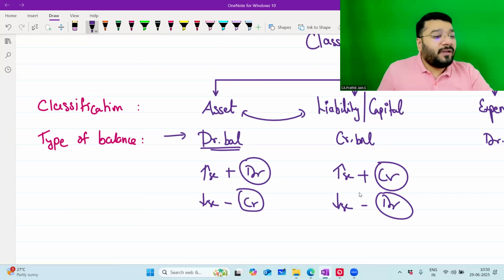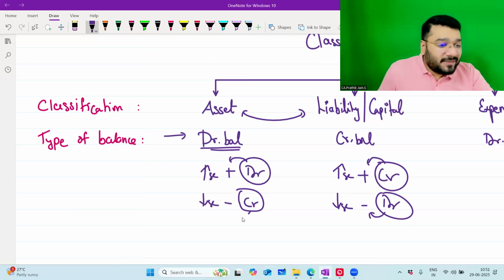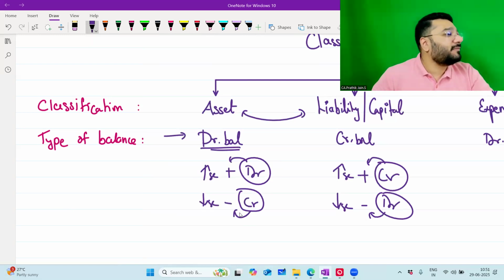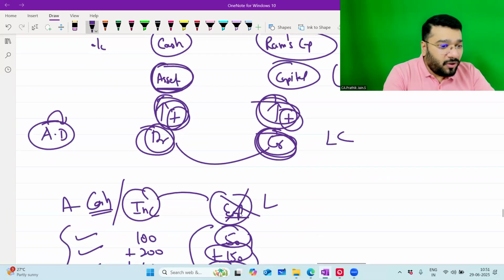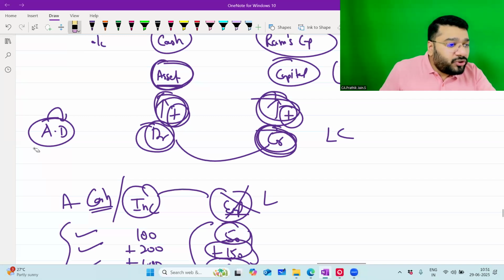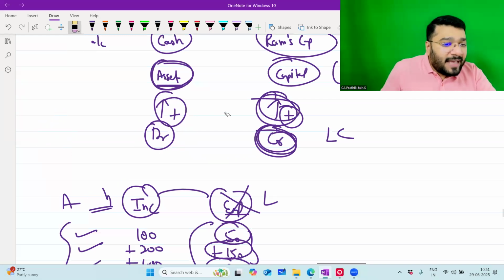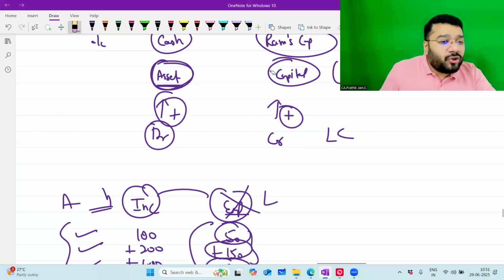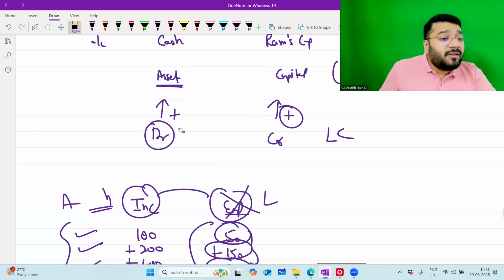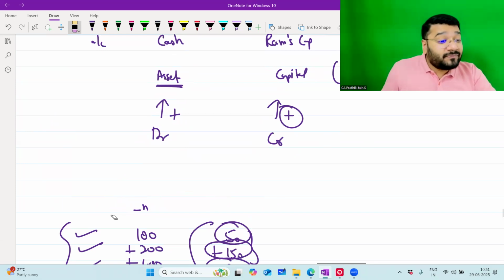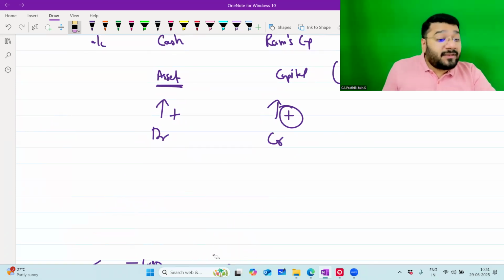I told you, debit and credit is nothing but plus and minus. Debit will act as sometimes plus, sometimes minus. Credit will act as sometimes plus, sometimes minus. So now we had come to a conclusion that the cash account you will debit, the capital account you will credit. Yes or no? This debit and credit you decided based on which rule? Modern rule. Can we cross-check whether the same answer comes in the golden rule or not?